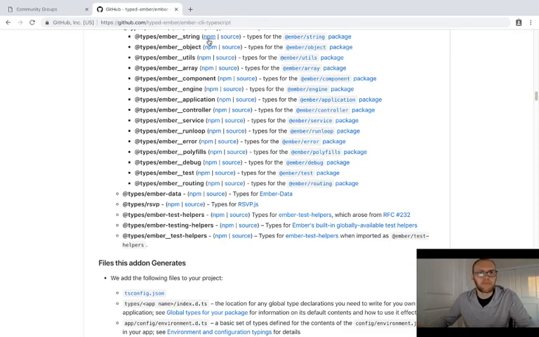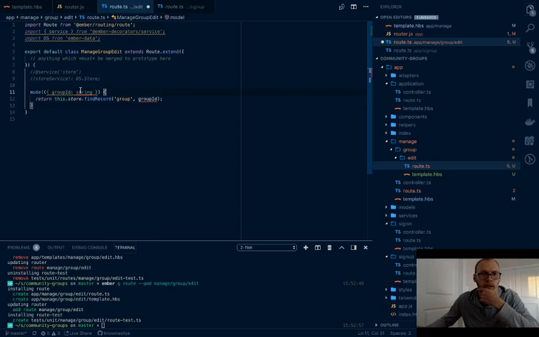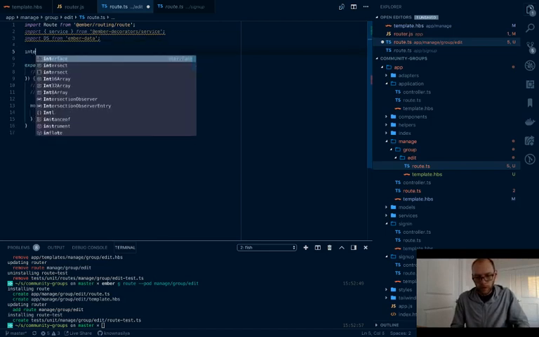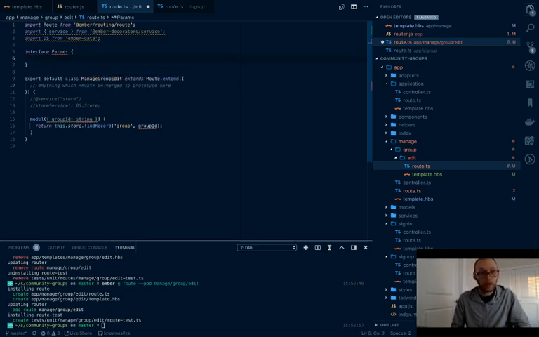Okay. I think so. There's a type, I think, for... So let's just do an interface params and add a group ID string, and call this params,